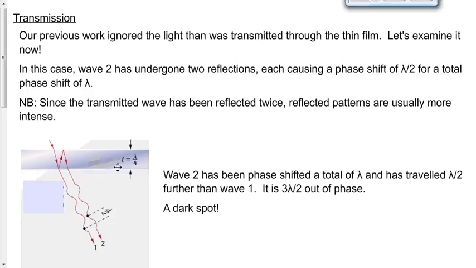We have our thickness of lambda by 4. And so wave 1 comes straight through. There are no reflections for wave 1, and so it's not going to be phase shifted at all. But wave 2 will be phase shifted a total of,